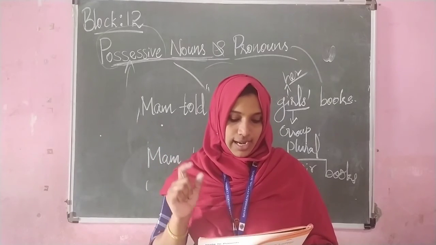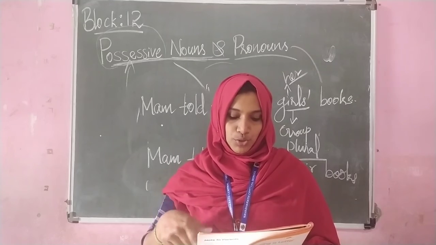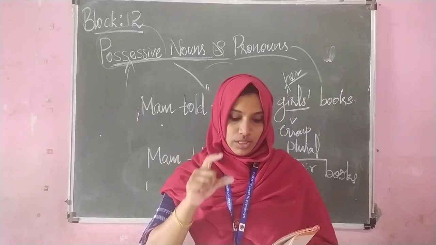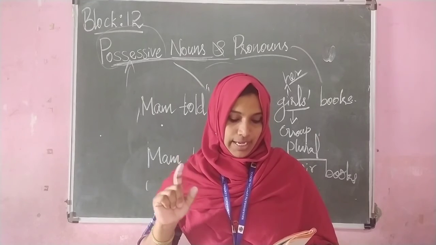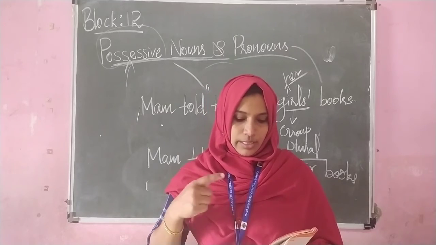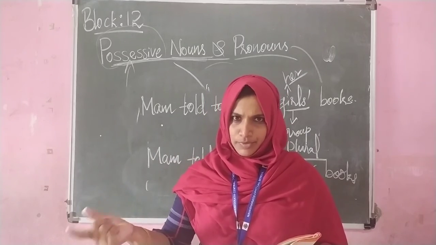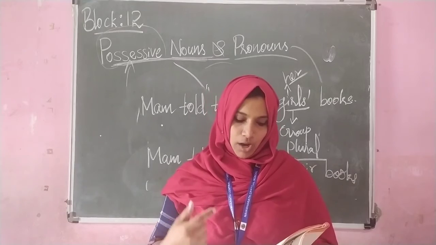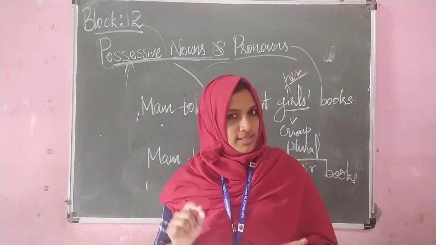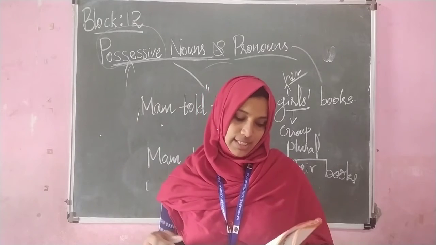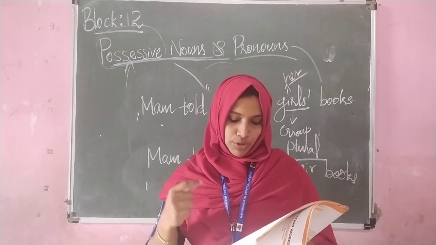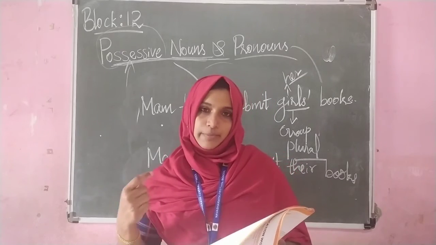Then third one, write the correct possessive noun to show belonging. Okay, to show belonging, you have to use the correct possessive noun. The painting belongs to the woman, so the woman's painting. Then the blanket belongs to the child, so the child's blanket. The house belongs to Mr. Patekar. Yes, Mr. Patekar's house. Likewise, you have to change these. And fourth one, rewrite the body of the letter in your notebook using the correct possessive nouns and pronouns.